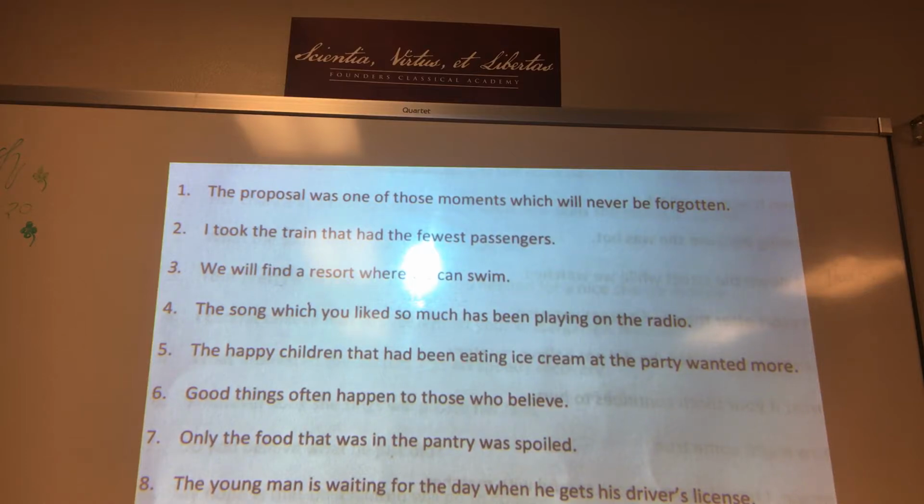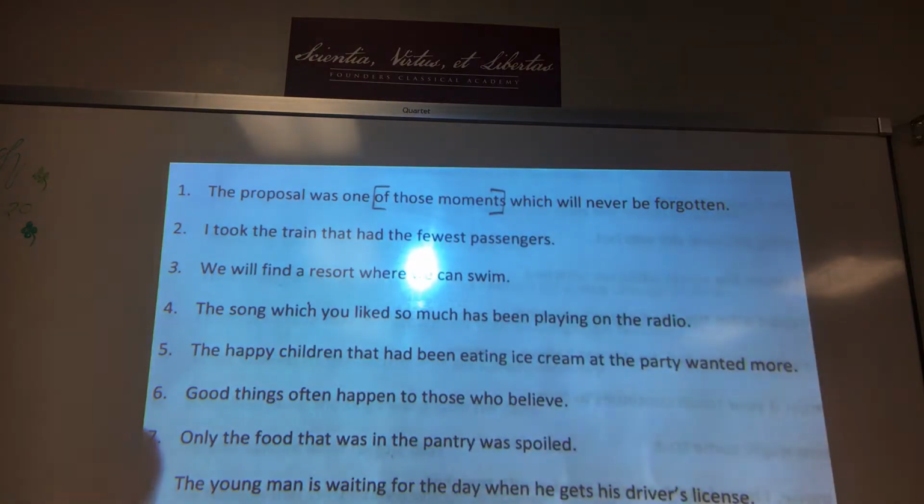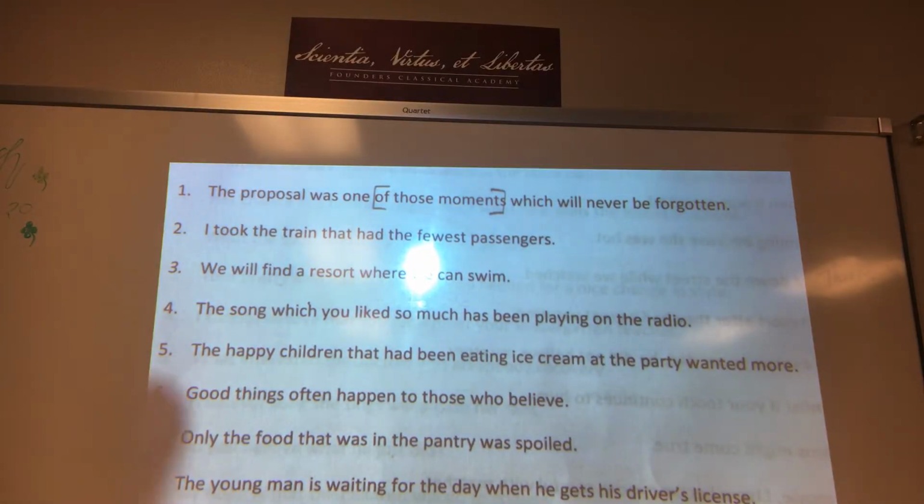Number one: The proposal was one of those moments which will never be forgotten. Prepositional phrases. I'll wait a second for you to find your own. Prepositional phrase right here, of those moments. Okay? The next step, verbs. We want all verbs on the page. There shouldn't be very many